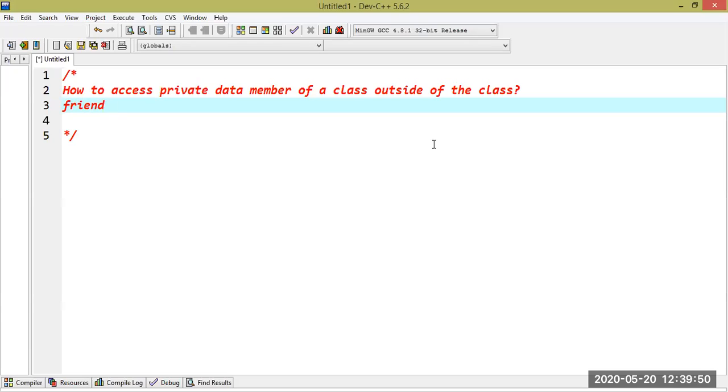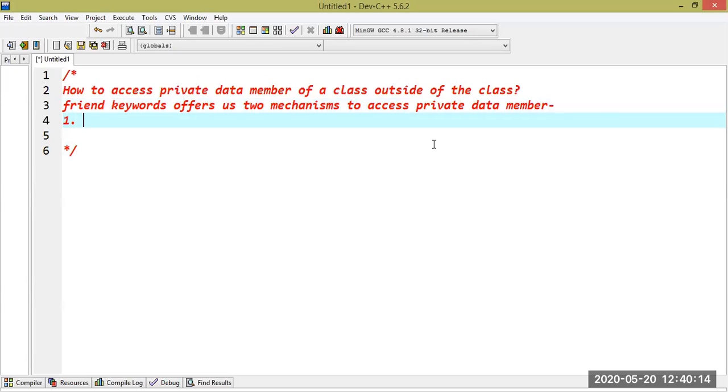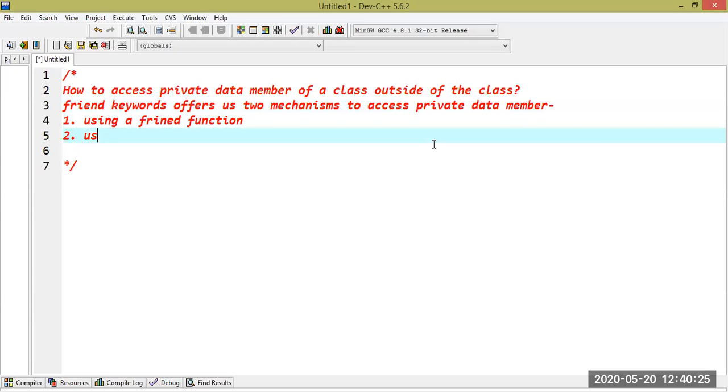The friend keyword offers us two mechanisms to access private data members. The first is using a friend function, and the second is using a friend class.